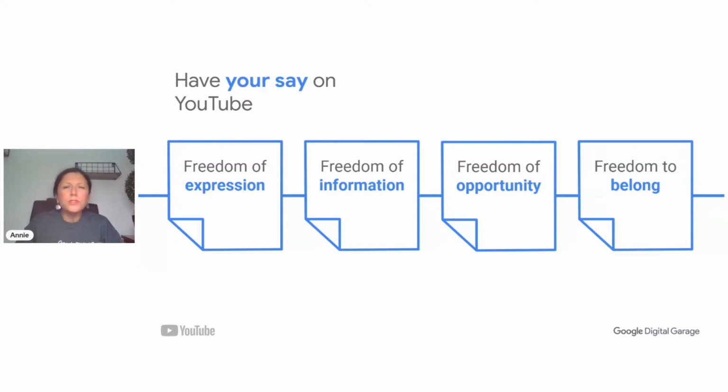There's also a freedom to belong, and we all have a need to belong. That's what we're here for. We're not meant to be islands. So the idea is that everybody has the ability to find that community of support, no matter where they are, no matter what that community is, and breaking down barriers, transcending borders, and coming together around those shared interests and passions, being able to share ideas with people at all corners of the globe, being able to come up with ideas that you can find your tribe for. And let's be honest, everything is about finding our own tribe, because we won't appeal to everyone. We will appeal, though, to our tribe very closely. So it's finding our tribe and then getting that belonging as a result.